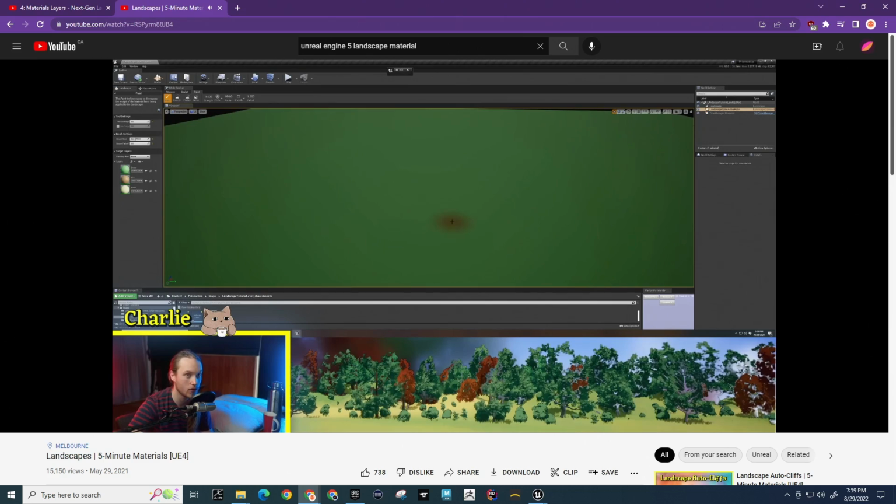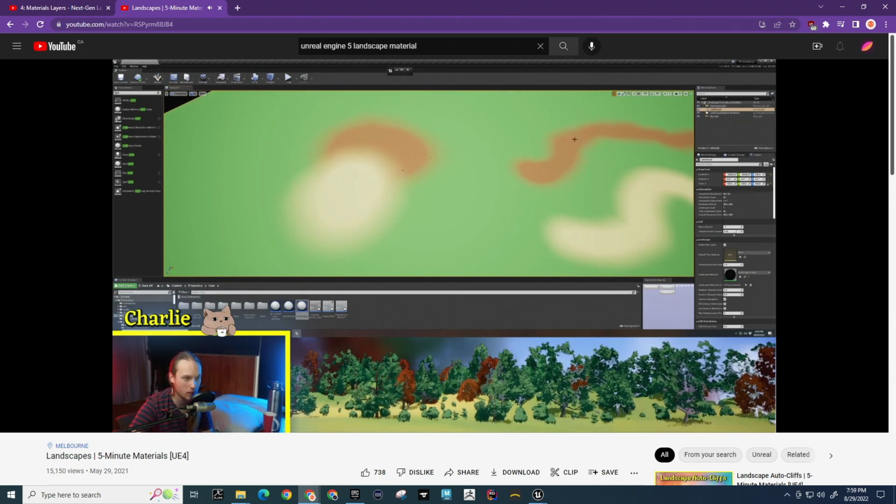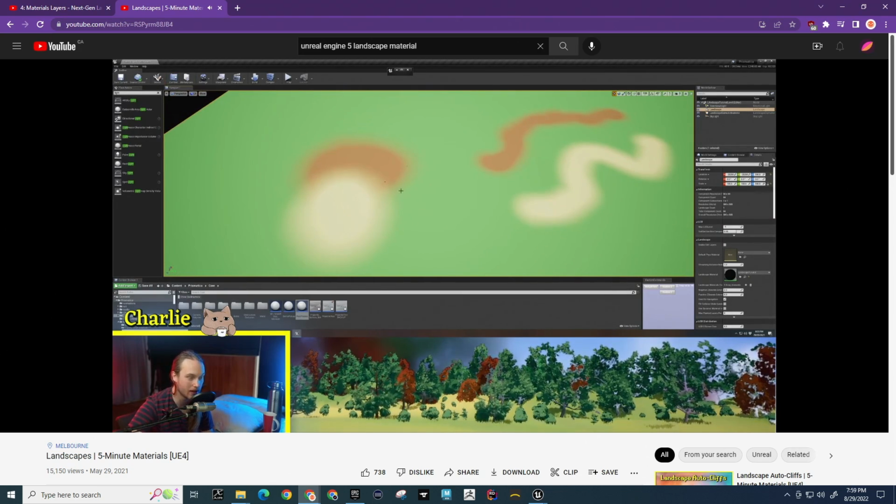So, you can see we've now got green. If we were to click on our dirt layer and start painting it, we now have brown, and if we get our sand layer, we've got yellow. So this is the very basis of what a landscape material is. It's a material that you can paint stuff on, and the performance benefit of using a landscape material is that